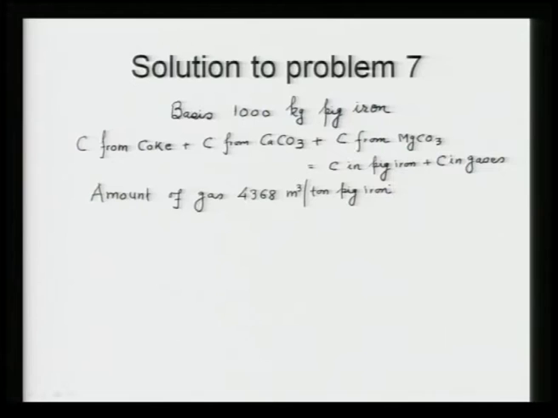Okay. So, the balance is very simple, and if x is the amount of coke, then I can do the balance. I have done it on various occasions, so I will not be doing the detail here. I will straight away write down x will be equal to 1000.37 kg, and that is the amount of coke, and that is the answer for part A.